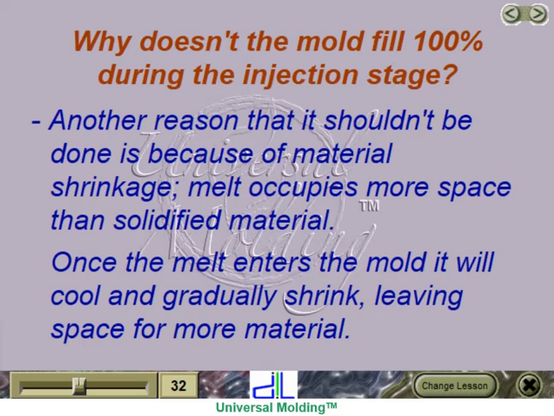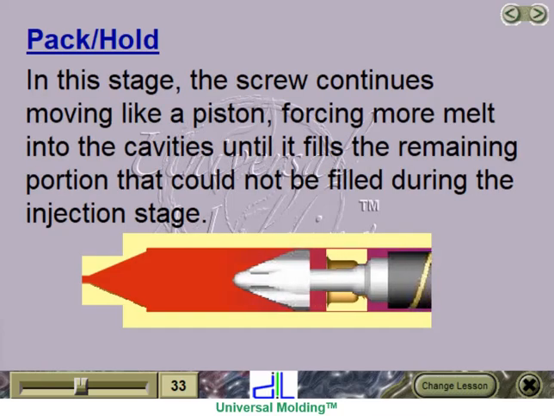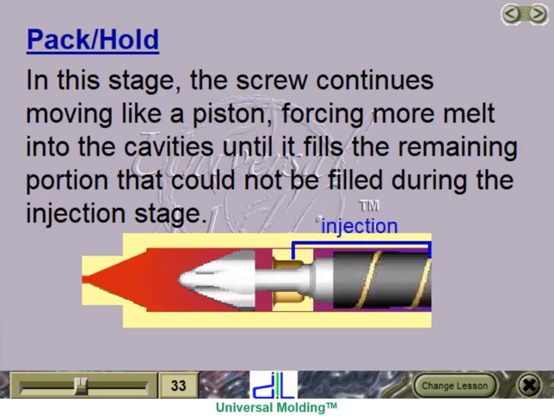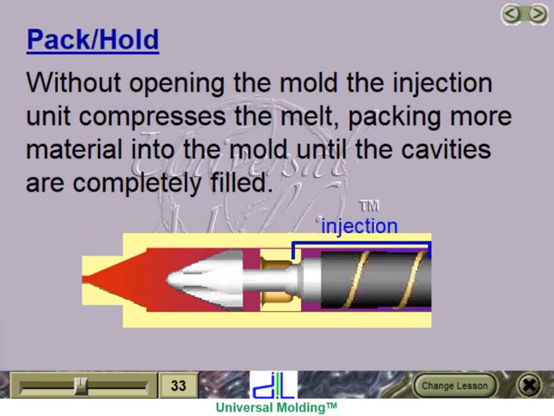Once the melt enters the mold, it will cool and gradually shrink, leaving space for more material. Pack hold. In this stage, the screw continues moving like a piston, forcing more melt into the cavities until it fills the remaining portion that could not be filled during the injection stage. Without opening the mold, the injection unit compresses the melt, packing more material into the mold until the cavities are